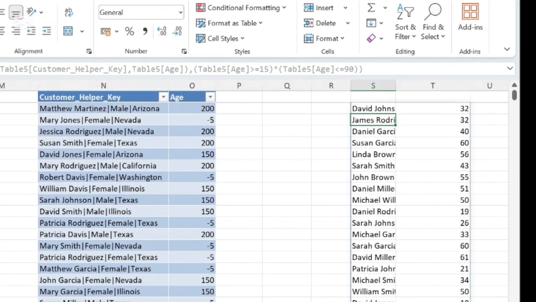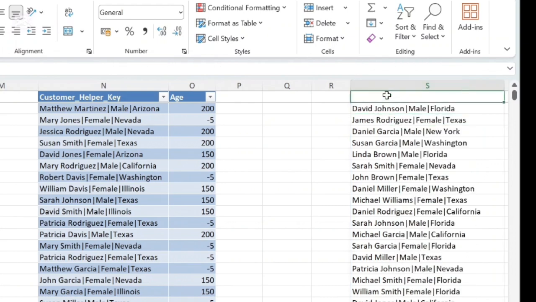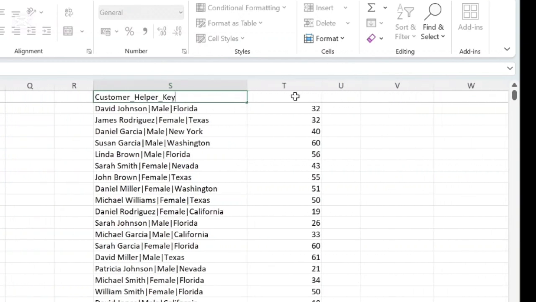So you can see we have our customer helper key, and only valid age